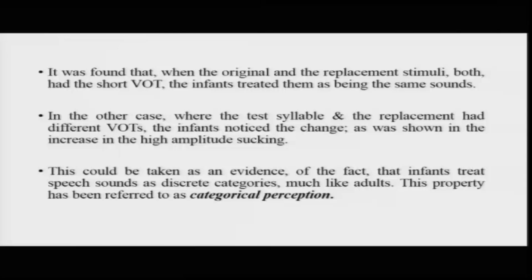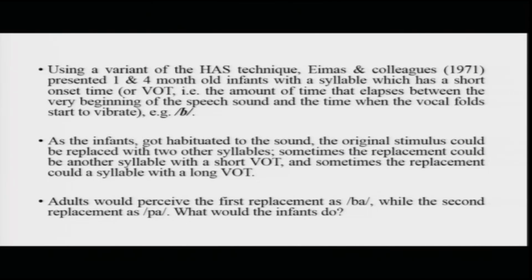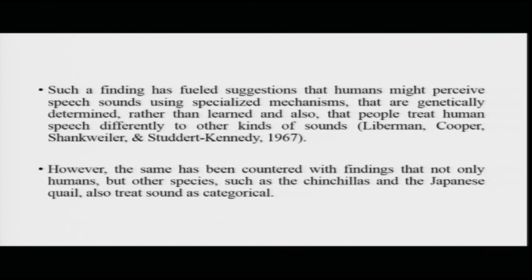Now this ability, a very basic and fundamental ability of learning language, the ability of being able to regard sounds as discrete categories, is referred to as categorical perception. And categorical perception is one of the most fundamental basic properties of children, and we see that this is there with children as young as 1 month old and 4 months old. Okay. So this is something that the children already have mastered by a very young age.